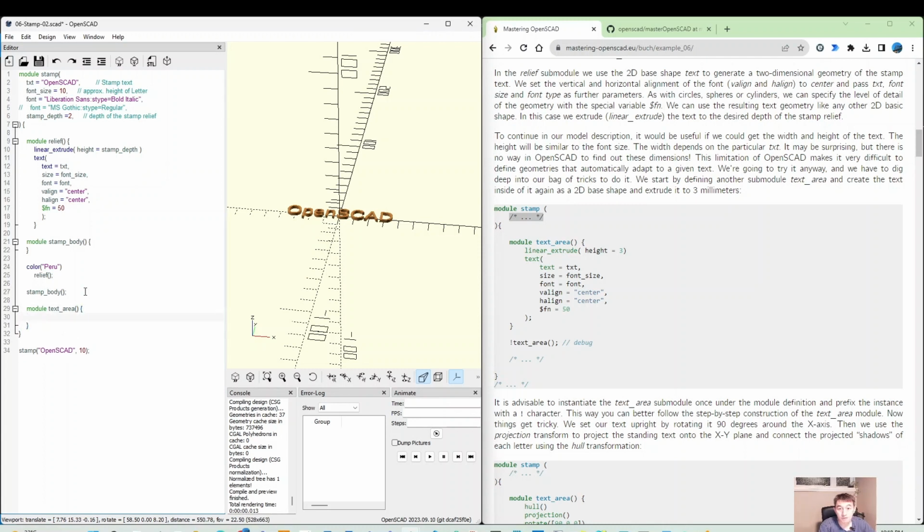So we have this one, just to have a test. The font size is exactly the same as what we did here. So we can copy this one, but there's nothing to call this yet, and we built this one. So text area